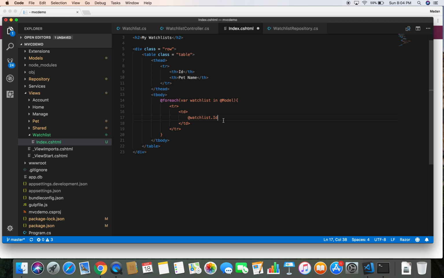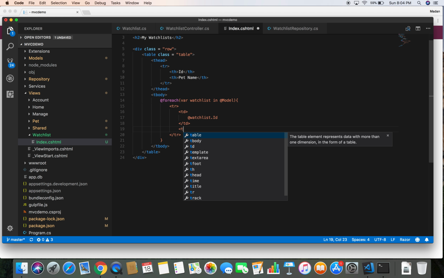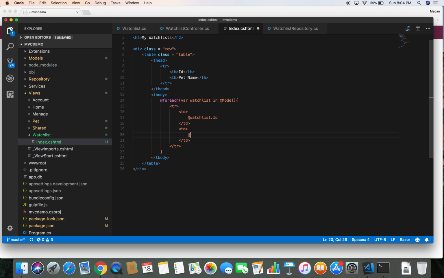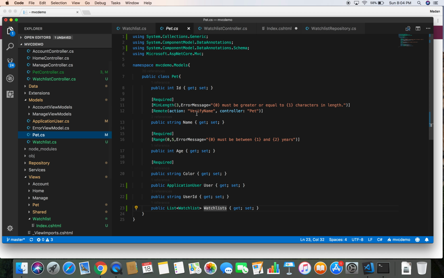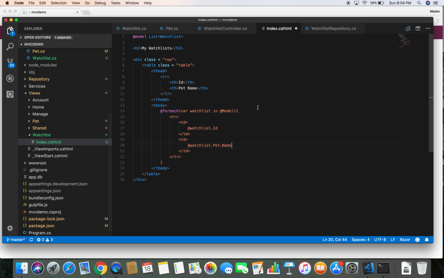watchlist.id, and inside another td, let's create another td here, and inside that we will be displaying the name of the pet. So watchlist.pet.name. If we go over to our watchlist model here, the watchlist model has a pet navigation property, and our pet model has a name property here. So we can get the name of the pet by doing watchlist.pet.name, and we'll be adding another link here,